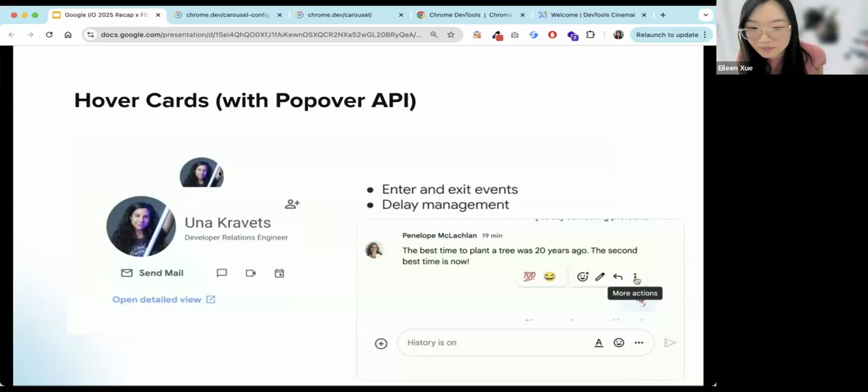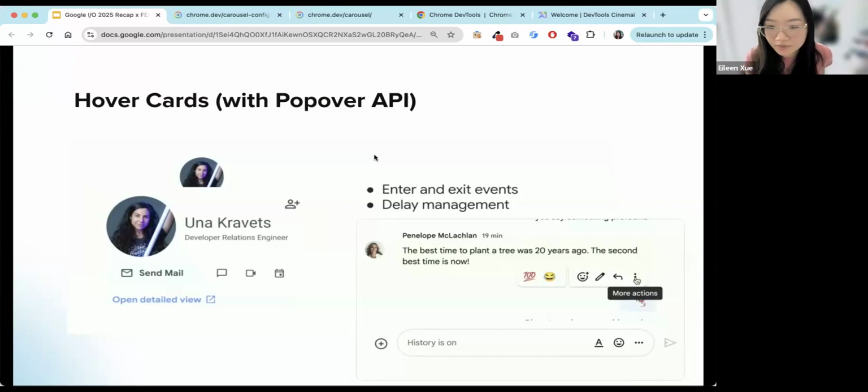So popovers were notorious for being hard to configure before, because you have to worry about when you click on it, what happens. When you want to exit out of it, what happens. You have to worry about accessibility issues. If someone is using a keyboard or they're not using a mouse, sometimes people can't click on something. So there's a lot of issues with previous implementations of popovers.